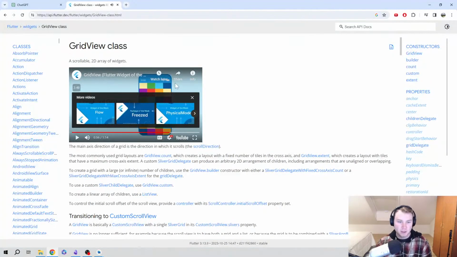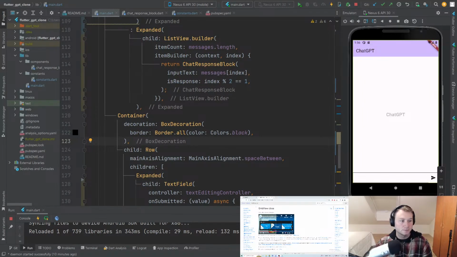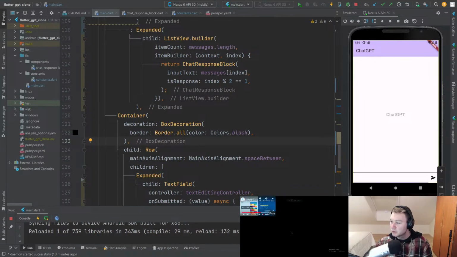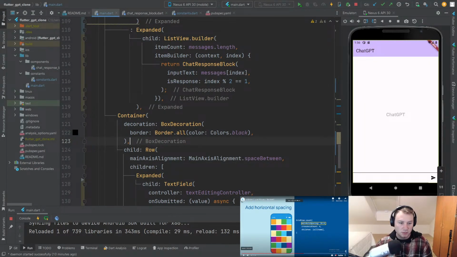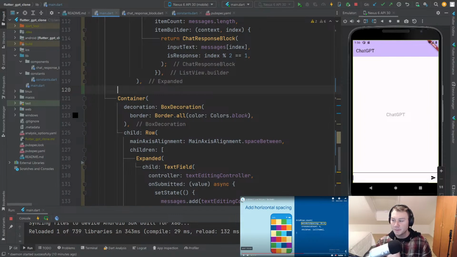Okay, cool. So we're gonna do a grid view. And if we go back to that video, let me just open it in the other. Let's go ahead and add that. And then this code is what we want. So above this container,